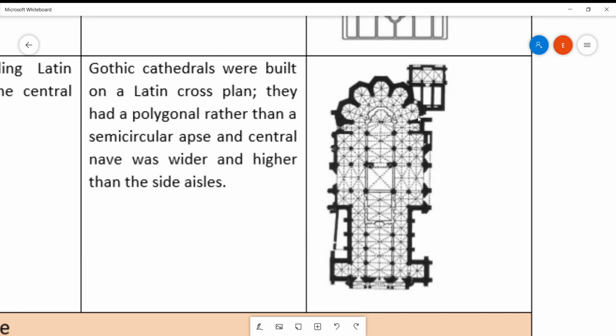You can also see a round shape on the apse, but it is a different characteristic. This is something that you are not going to find in Romanesque. No, this polygonal shape. Here we still have the ambulatory, but the thing is, we still have the Latin cross